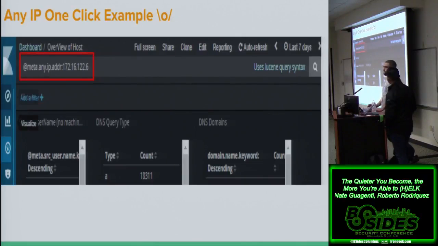You can see at the top I have a field, meta any IP, right? And that's going to search the source IP, dest IP, source NAT, log IP, a few other NAT fields, and then Cisco VPN session IP, and a few other things. I wasn't really able to get any dashboards, but you can start with this. We're able to see processes spawned on that IP, all the DNS requests that IP has done, the Bro logs, all the HTTP requests that thing has made. It's just a small overview dashboard, so when somebody's analyzing, they can get a very quick picture of what that host is doing.